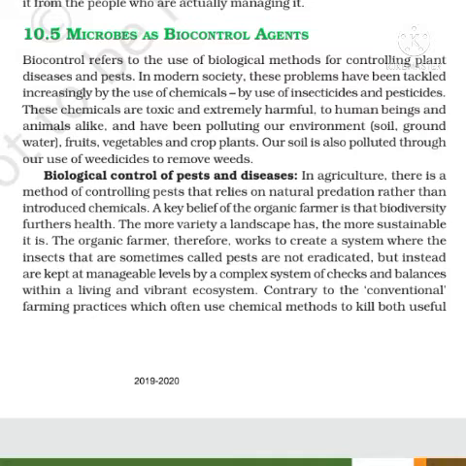Biological control of pests and diseases. In agriculture, there is a method of controlling pests that relies on natural predation rather than introduced chemicals. A key belief of organic farmer is that biodiversity furthers health. The more variety a landscape has, the more sustainable it is. The organic farmer therefore works to create a system where the insects that are sometimes called pests are not eradicated but instead are kept at manageable levels by a complex system of checks and balances within a living and vibrant